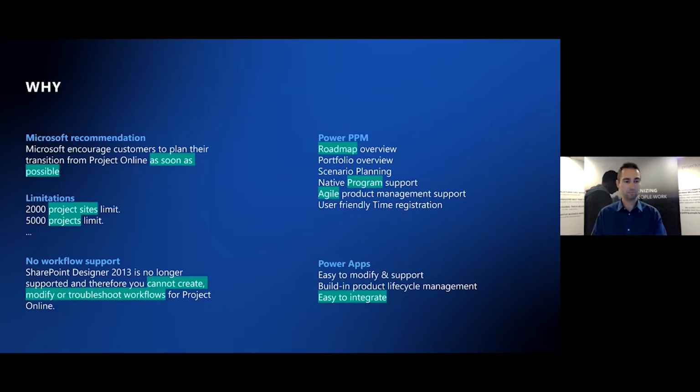And this is, of course, not a specific deadline, but it is something to consider that Project Online will not be there forever. If you work with Project Online, you obviously also know about the many limitations, for example, the 2,000 project site limitation or the 5,000 project limitations. This is, of course, a limitation we no longer have in the new Power PPM environment. And if you seem to overcome these or have problems cleaning up your projects, then this is, of course, also a good